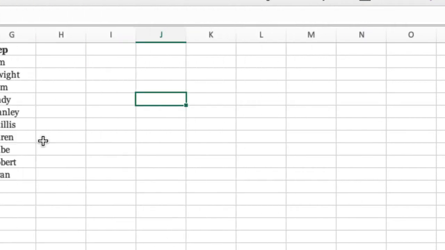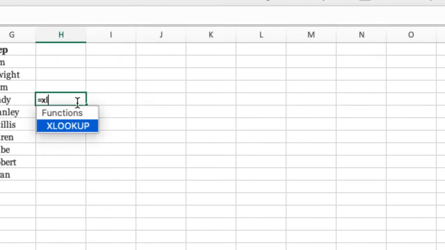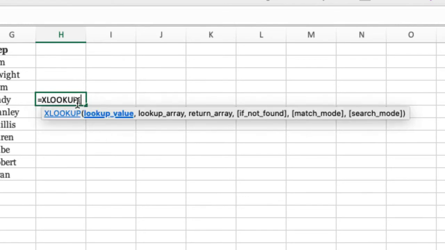Before we go on to write the XLOOKUP, I would like to show you what the XLOOKUP function does. So I'll write XLOOKUP. XLOOKUP takes in 6 arguments, 3 of which are optional. So the first one is the lookup value, which of course is the value that needs to be looked up. The next 2 were part of the single argument in case of VLOOKUP. That is the lookup array and the return array.